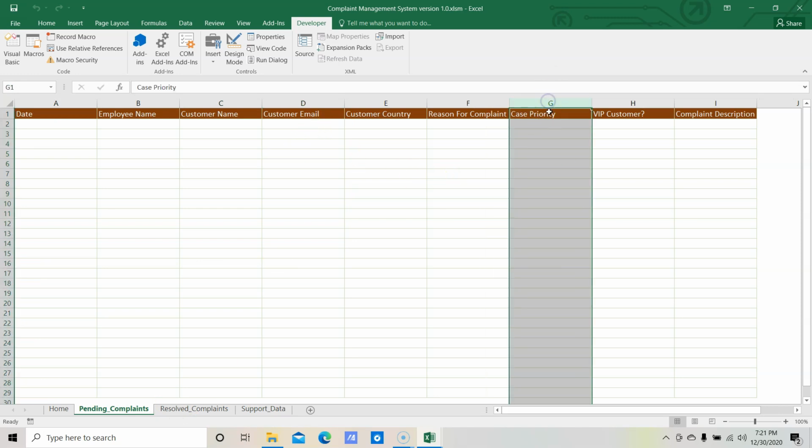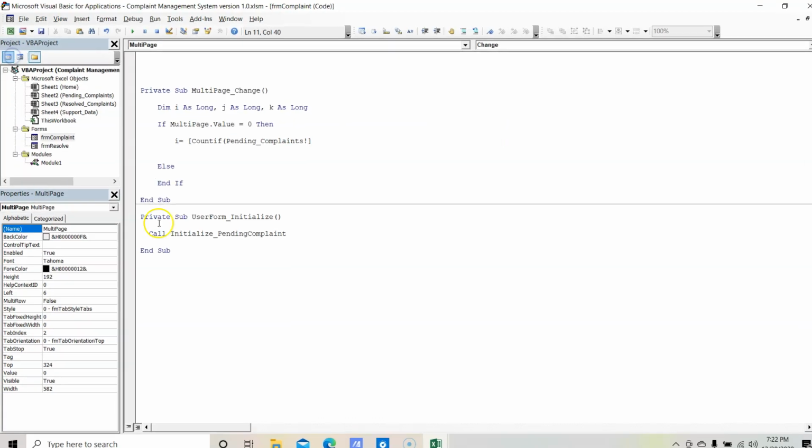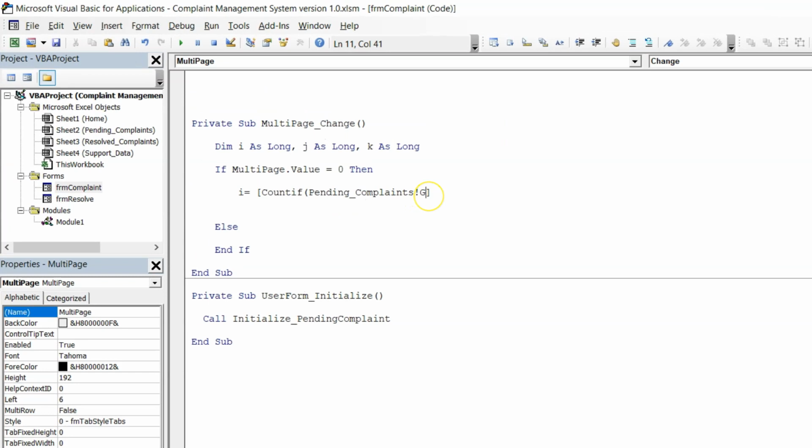So the priority is available in G column, so we will refer the G column, and while for resolve again this is also available in G column. So for both the worksheet priority is available in column G. So while writing the code we will use this column number. Okay, so G and G